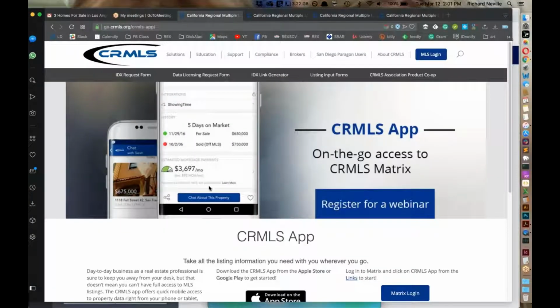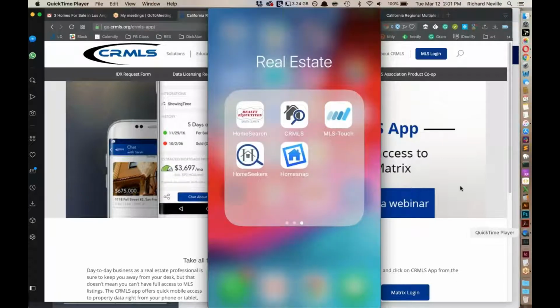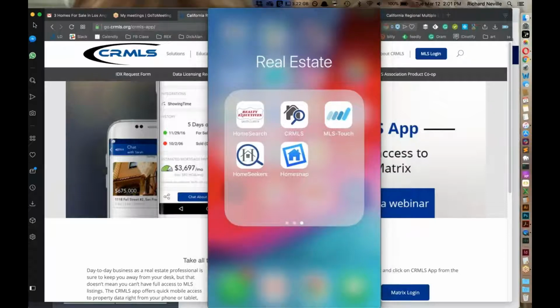So today we're going to be going through the CRMLS apps that are member benefit apps. We do have a number of free apps that you have access to here, like CRMLS, MLS-Touch, and Homesnap. Home Seekers is going to be going away. I wasn't too sure about that until I started digging into today's, because when I made a PDF that's you